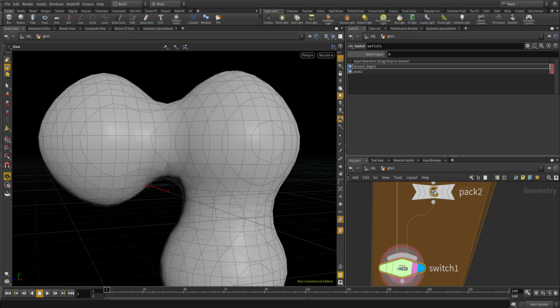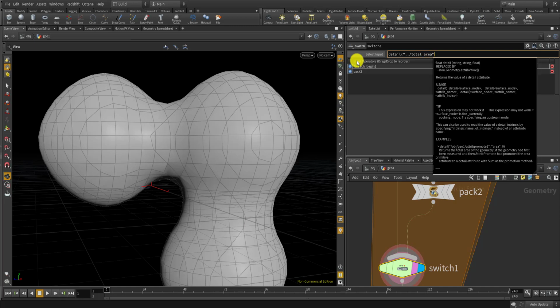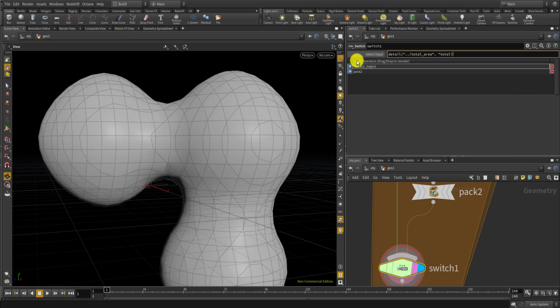And inside the switch, I'm gonna set the expression, detail total area, total. Okay,